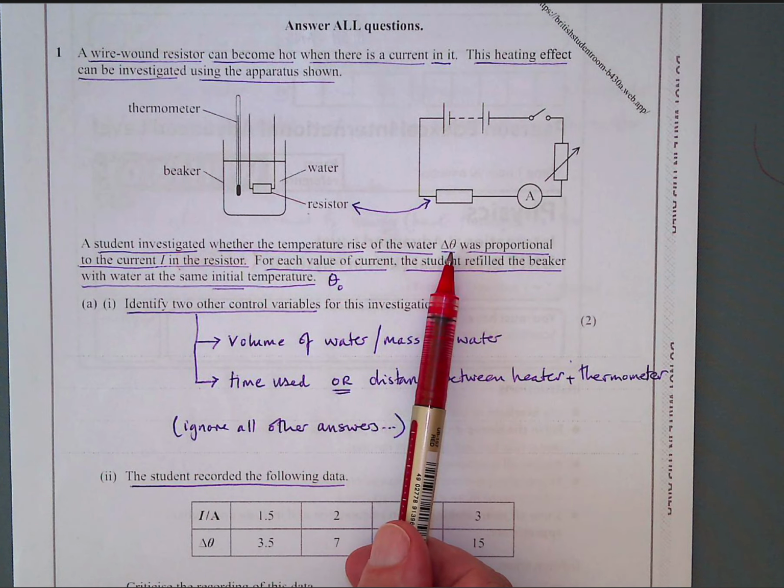For each value of current, the student refilled the beaker with water at the same initial temperature. So that's a controlled variable, making sure that we have